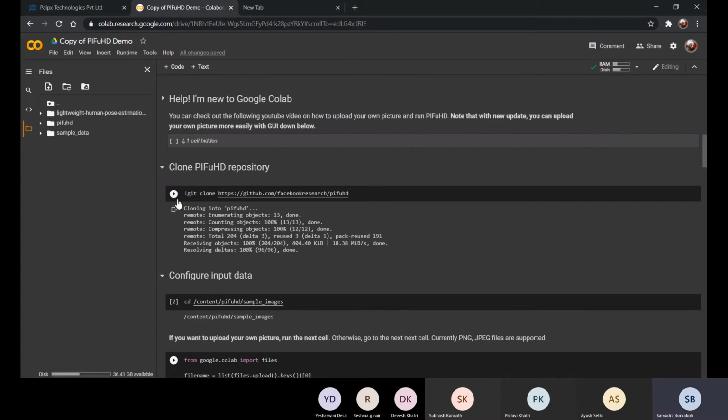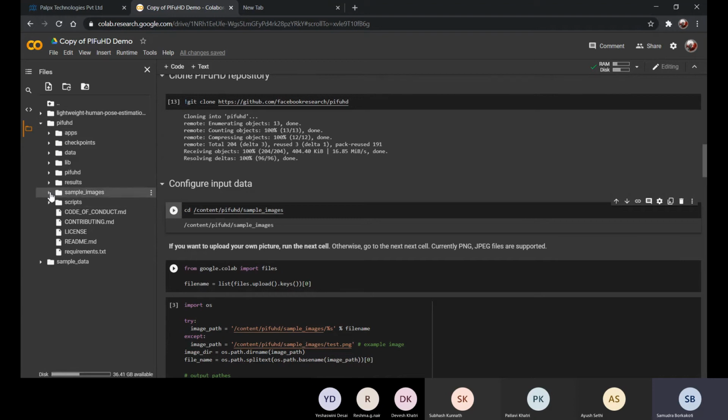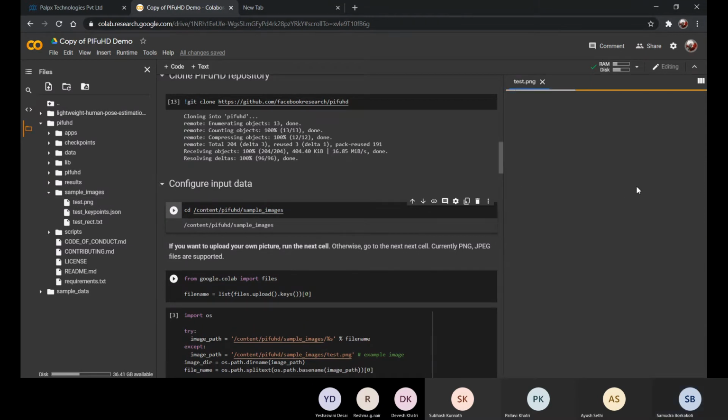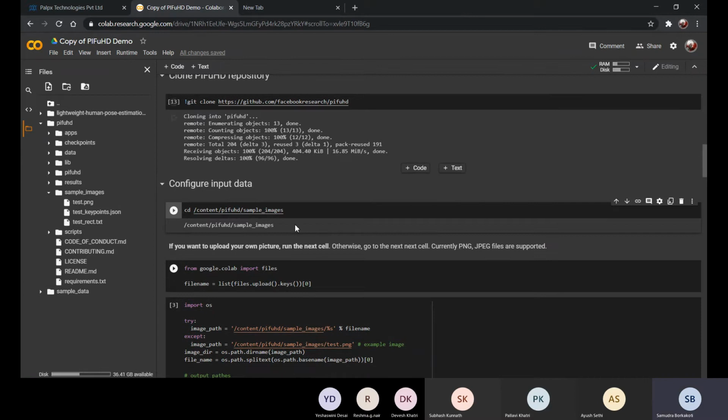You click on this play button and it'll clone it here. If I run it again, because it's already here, it might show an error. Go inside sample images, which is inside here. There's already an image here, so I'll be using that. This is the image.